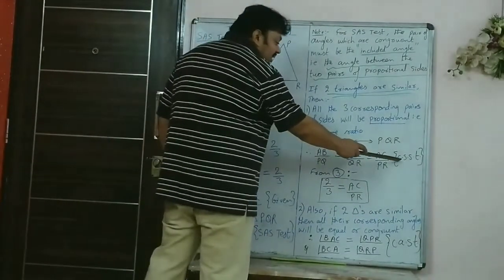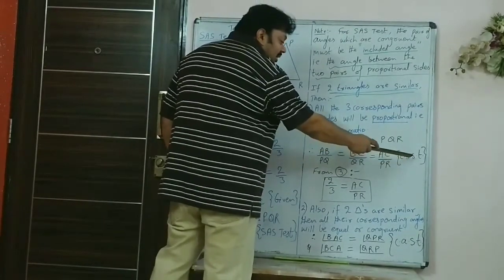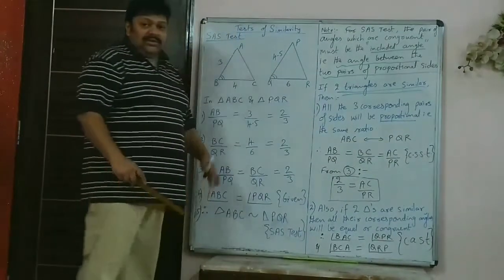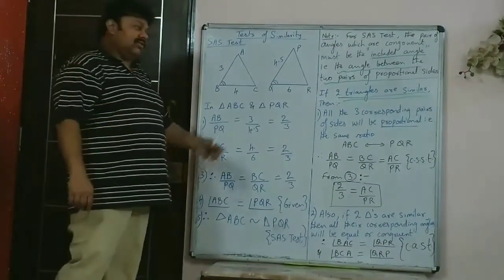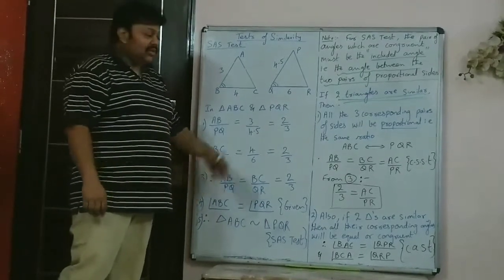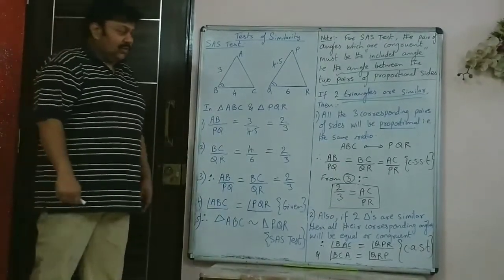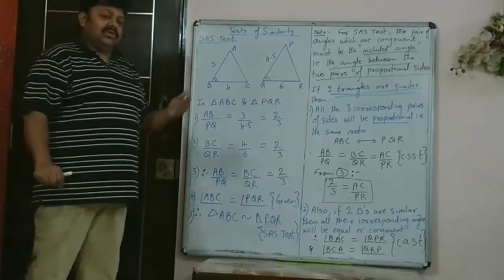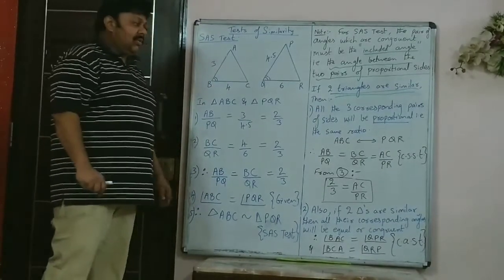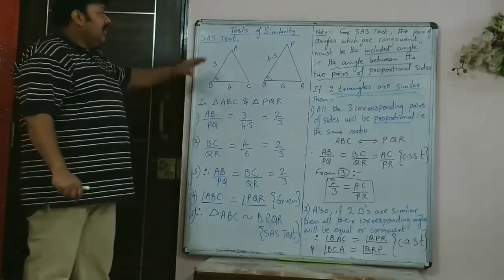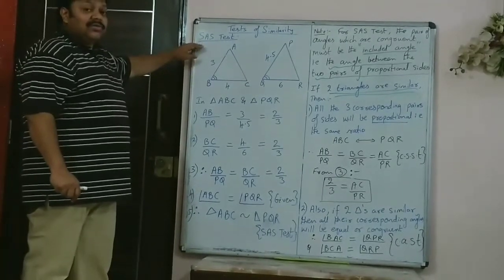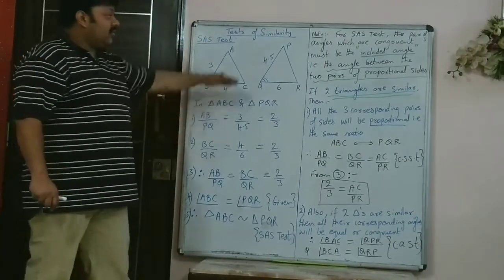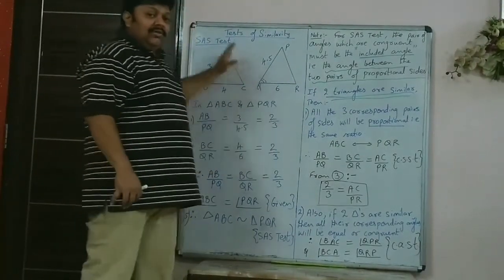Here, you wrote CSST, which means corresponding sides of similar triangles are proportional. If your class teacher tells you, then she is going to correct your term papers, so then you write the full form. But CSST and CAST are standard short forms which are even used in textbooks, and are allowed in the board. So please copy this down. Here we did only the first test of similarity, that is the SAS test.